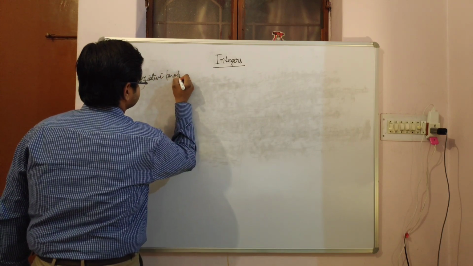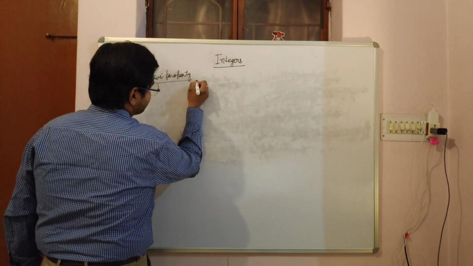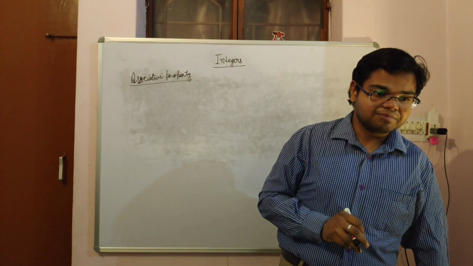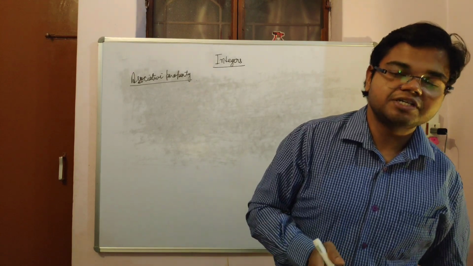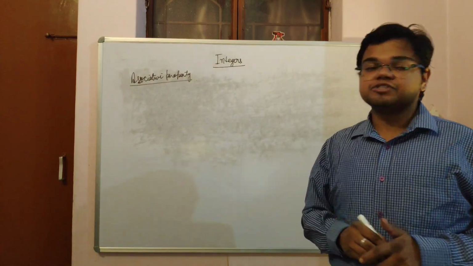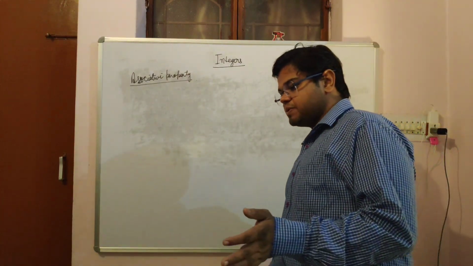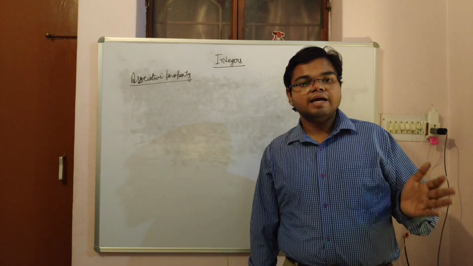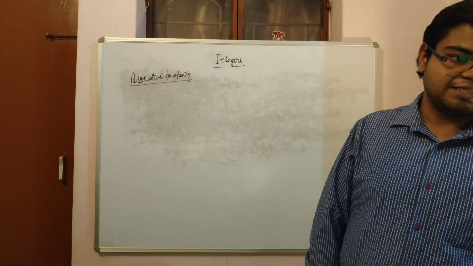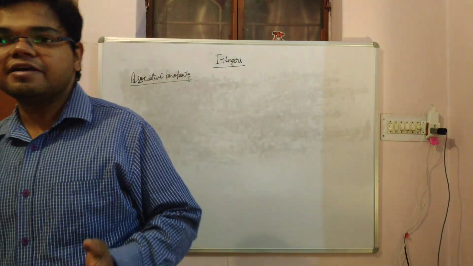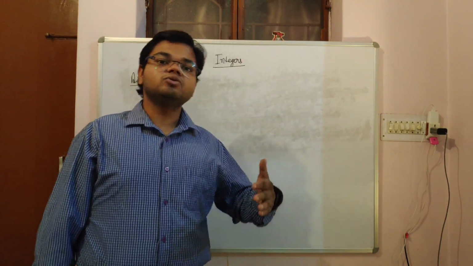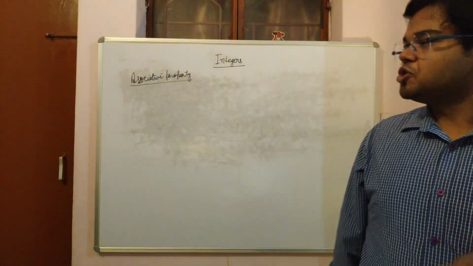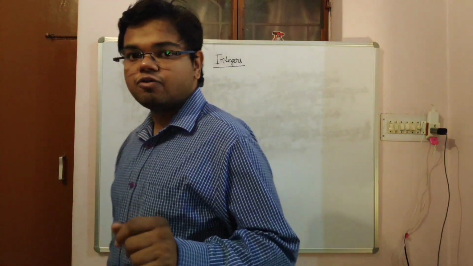Associative. So, how many properties have we discussed thus far? First one was closure property. Integers are closed under addition and subtraction, as the sum and difference of integers is an integer. And after that we studied commutative property. That means a plus b equals b plus a. So addition is commutative for integers. And what about subtraction? a minus b is not equal to b minus a. After that we studied identity property, that if we add 0 to an integer, then there will be no change in the value of an integer. And now we have the associative property, which holds good for addition, but it does not work for subtraction for integers.